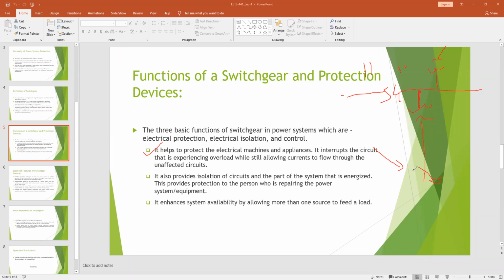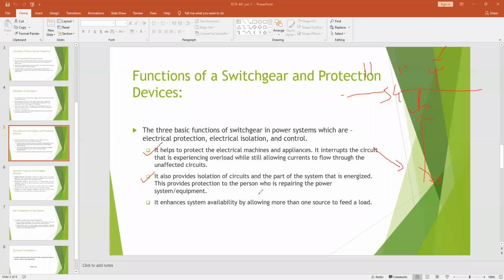All right. So you have to make sure that, being an engineer, whenever you do maintenance on any power system, however tiny it is, that power system is isolated. All right, because you cannot take the risk. So that is what is termed here: electrical isolation is provided mainly for two reasons.